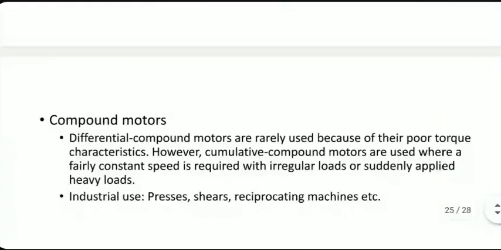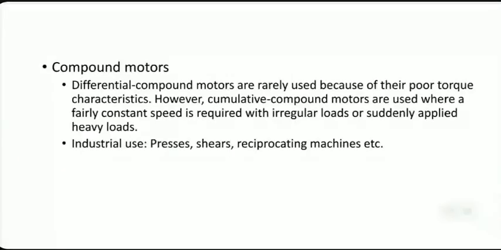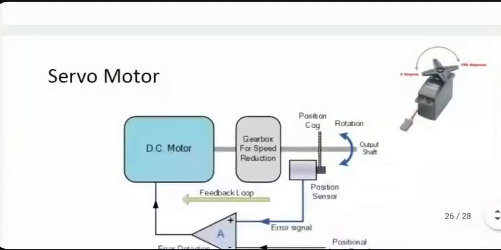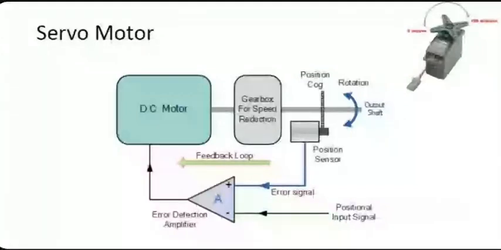Compound motor is a combination of parallel and series connections, so it can be used to further optimize the performance. Besides the continuous rotation, there are other possibilities also for DC motors. For control systems, you don't want a continuous rotation in the output. Instead, you want output to move a little bit to adjust to the latest load situation. That is an application where we call this motor a servo motor.